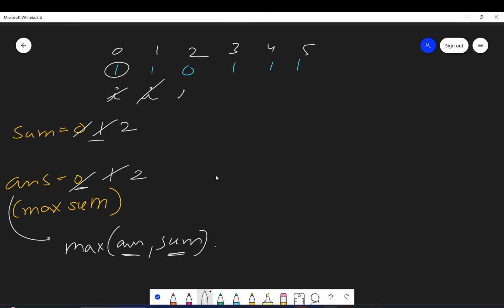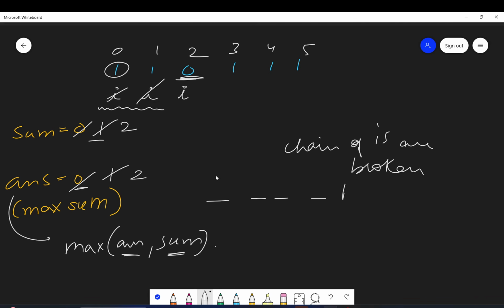Now we move forward. Now guys, we get a 0. Once you get a 0, it means that the chain of ones is broken. Since you got a 0, there are no consecutive ones together now. Till here the ones were consecutive. Once you get a 0, obviously adjacent to 1 there is a 0, so the chain has been broken.